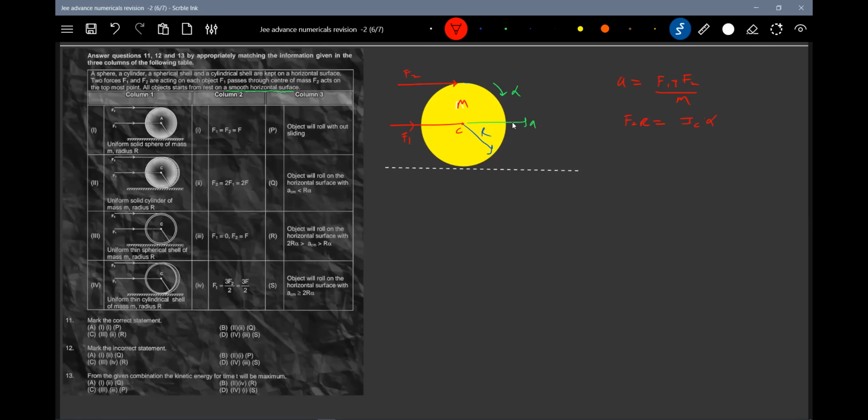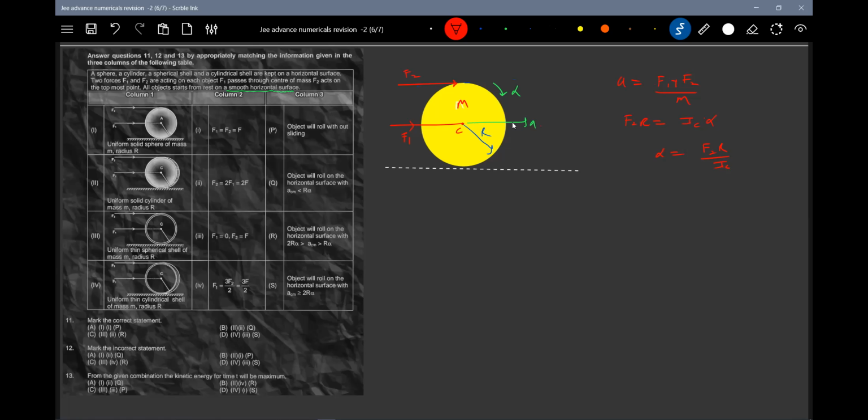Let's check first, like this equation. For the uniform solid sphere, 2/5 mr square, then you have to check F1 equal to F2, then you see what conditions will arise. First, we'll directly go for alpha. So this expression for alpha will be F2R by IC. In all the cases, F2 is that one only. Only moment of inertia is going to change.